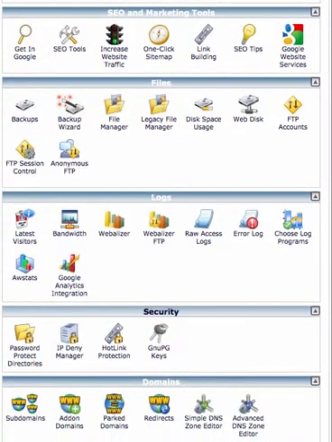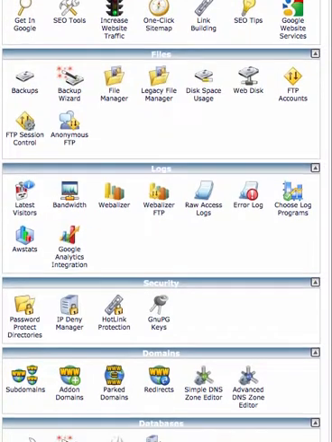Next is the log section. This deals with logs and the latest visitors. You will get bandwidth information, and logs are very essential in administration in case you have any infiltration, activity, or some sort of error. At that time these logs and their timings come in very handy. So this is it. And with Google Analytics integration, one will be able to monitor how much traffic is being generated on his site and so on. So this is a handy tool.